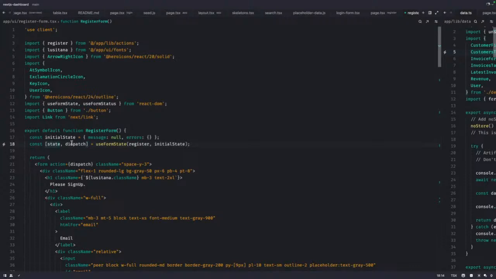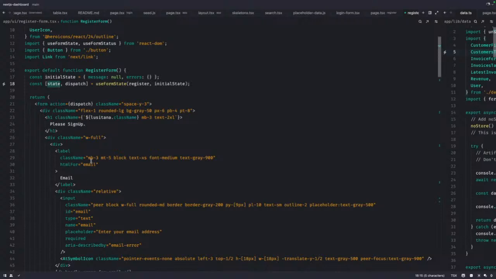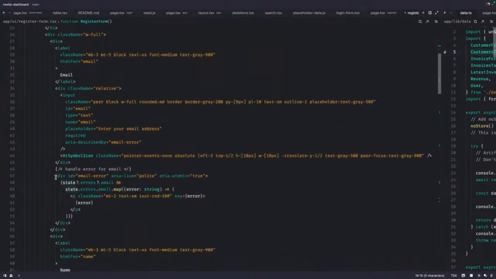So you can see that we are passing dispatch to action, right, to carry out the submission. And inside of the state is where we see if this was successful or not, right? But if this was not successful, whatever was returned will be saved inside this state variable. So you notice that below every one of these inputs, we have this error notification. And so we are tapping into that error notification and say state.errors.